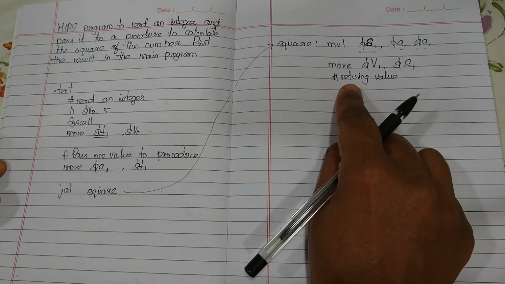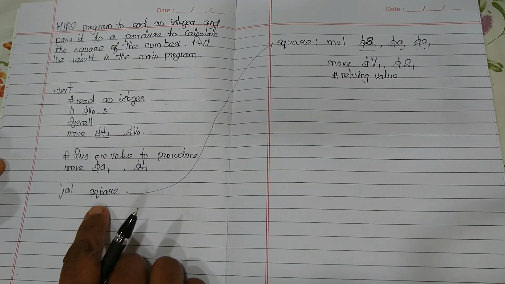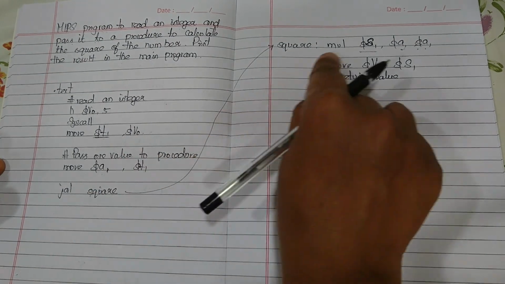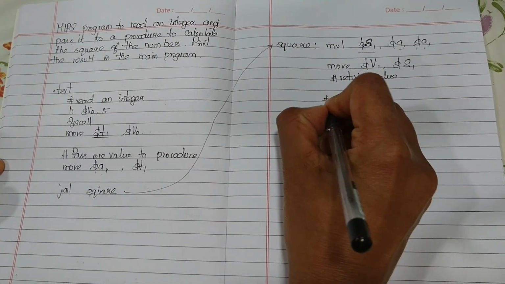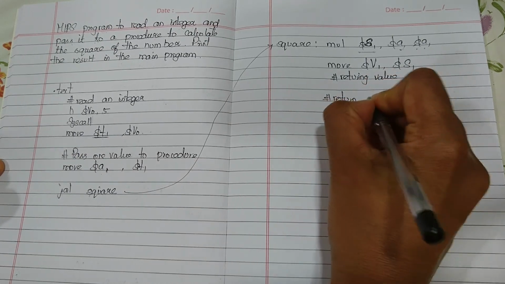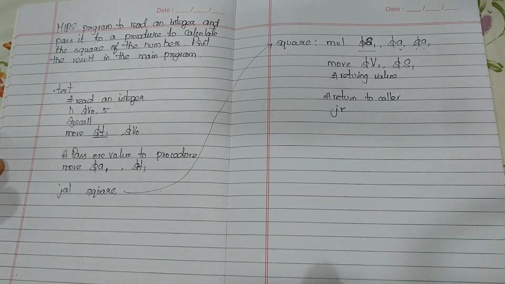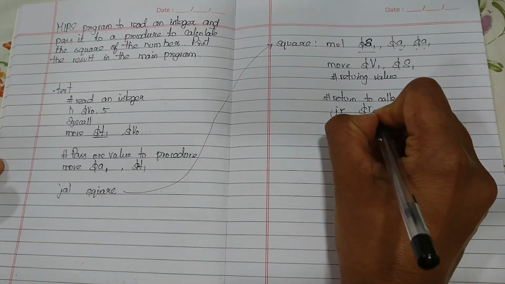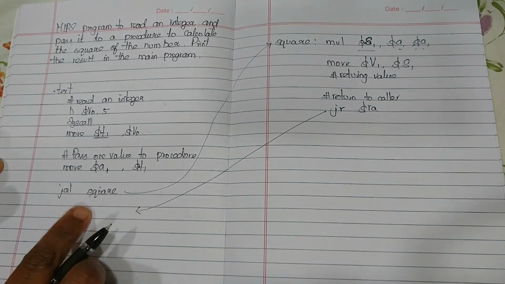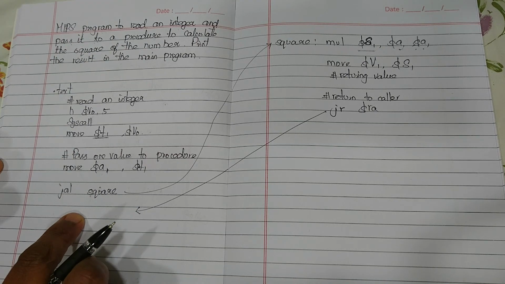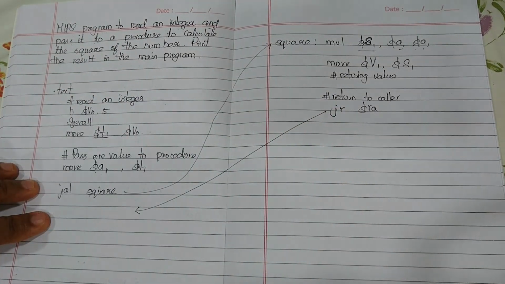Now I have to come back to the point of origin, from where I came, the main program. So I go to the procedure. Now I finished, so I have to come back here. How to come back? Return to caller. You have an instruction called jump register, register RA. When MIPS executes this statement, it comes back to the next statement after the jump and link. So control is transferred to the main program.